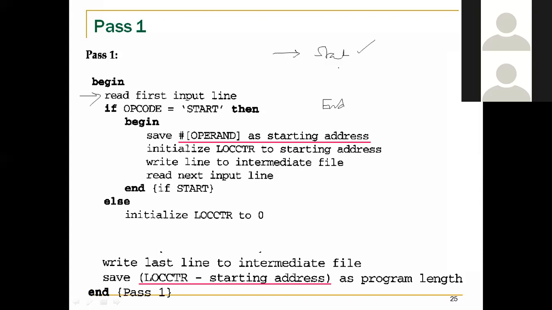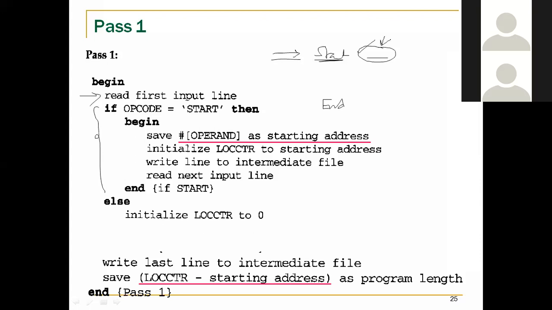Expecting that the first input line has a START assembler directive, we will move on with the following code: if opcode is equal to START. If I come across a START assembler directive, what are we supposed to do during pass one? Some information will be provided. For example, the operand field will contain the starting address of the program, and the label field on the left-hand side will contain the name of the program.